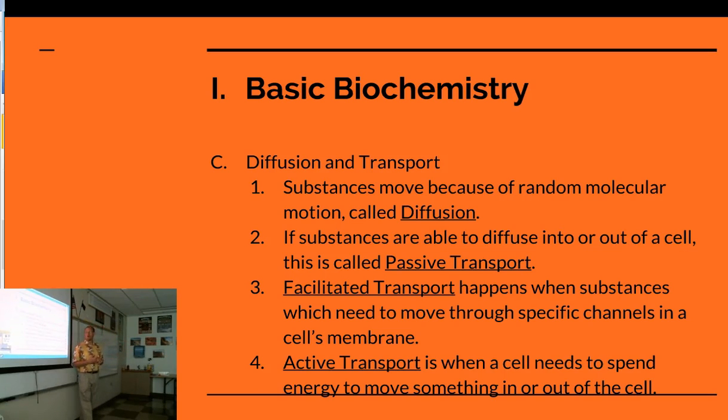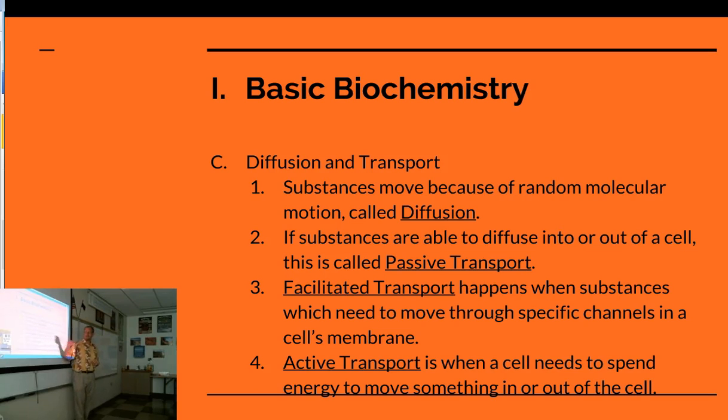Okay? But larger things like food molecules, okay? I had sausage and pancakes for breakfast this morning. It was awesome. And the large protein molecules and the complex carbohydrates that I ate this morning are not able to just float into a cell. They would hit the cell membrane and bounce off. So the cell wants the proteins and the complex carbohydrates, so it has to get them in there somehow. There's two ways that it can do it.